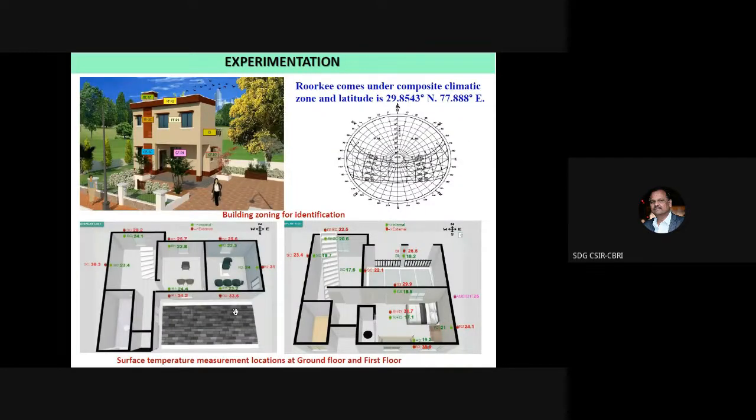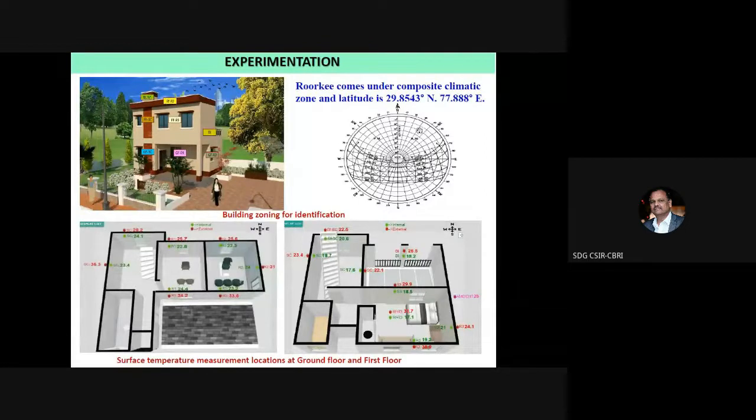So here, in order to monitor this temperature, we have used an IoT based data acquisition system, which can measure the data and which can be downloaded or viewed from a remote location. This is the ground floor and first floor. In the ground floor there are two rooms, and on the first floor there is one room. For these three rooms, the thermal comfort measurements have been done, and this is located in our Roorkee CSIR CBRI campus.